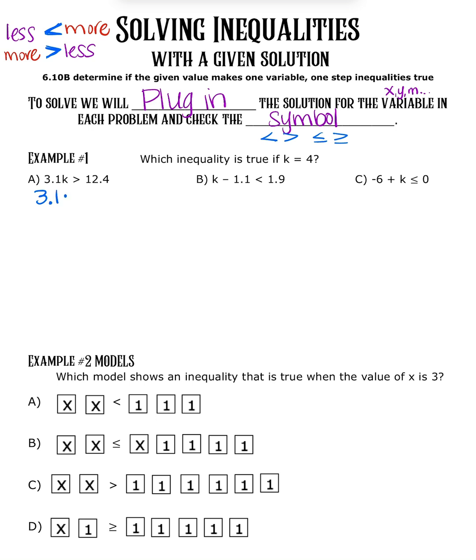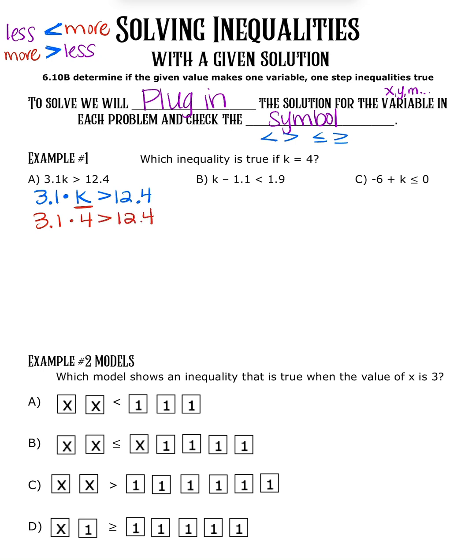So I'm going to rewrite it as 3.1 times k is greater than 12.4, and then I'm going to replace the letter k with the number 4. So I'm going to rewrite my problem